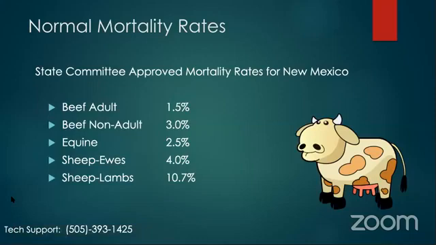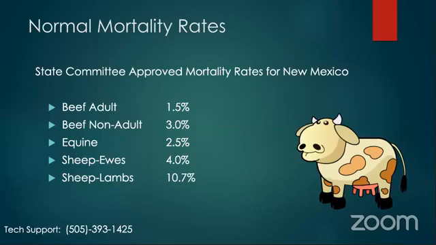So in that original blurb that I went through that was kind of confusing, we also talk about in excess of normal mortality. What this means is our New Mexico State Committee has set these normal mortality rates. And what that means to you is we will not start compensating until after these percentages have been crossed. So for example, for a beef adult cow, the rancher would have to cross a 1.5% normal mortality to get